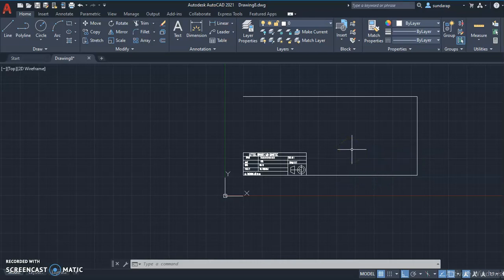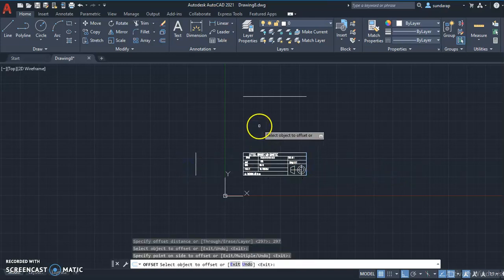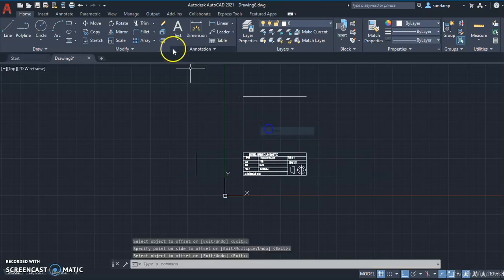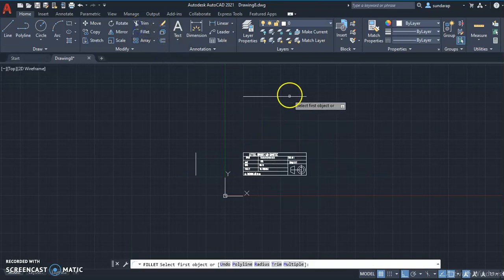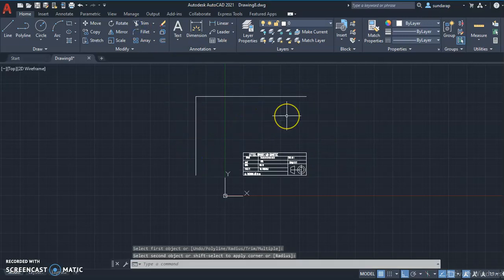So after 297, press enter. Select from this side. Then you can enter. Go to the fillet command, which is used for joining and generating the corners.